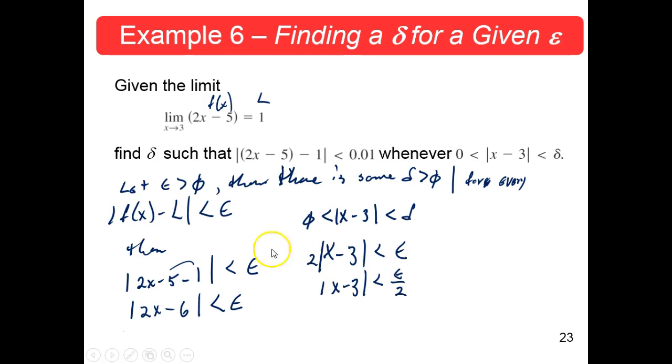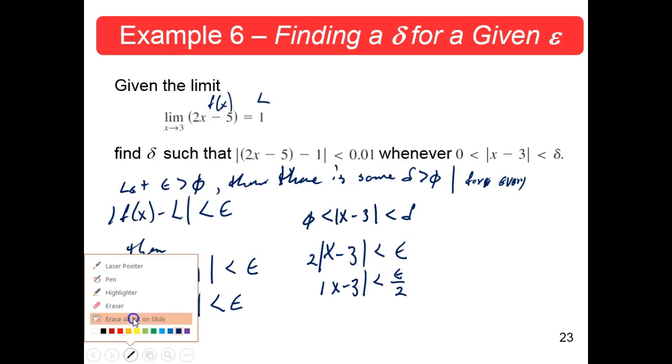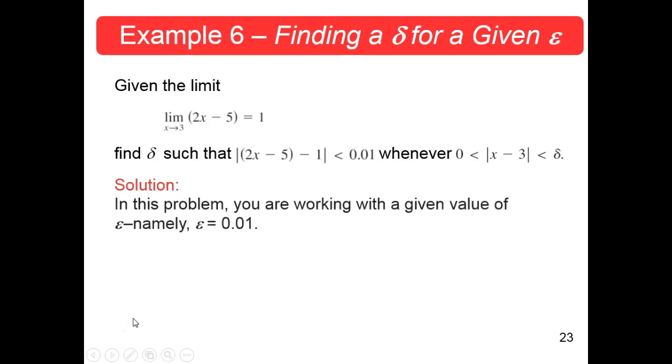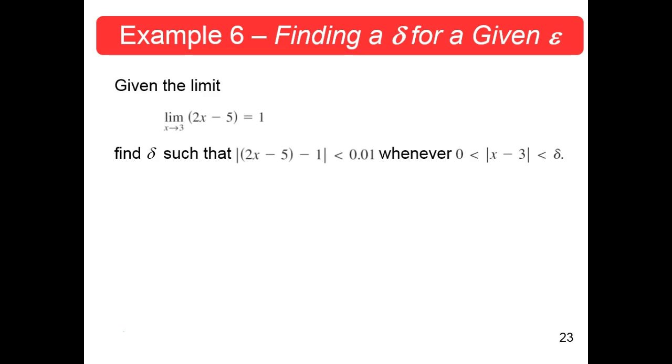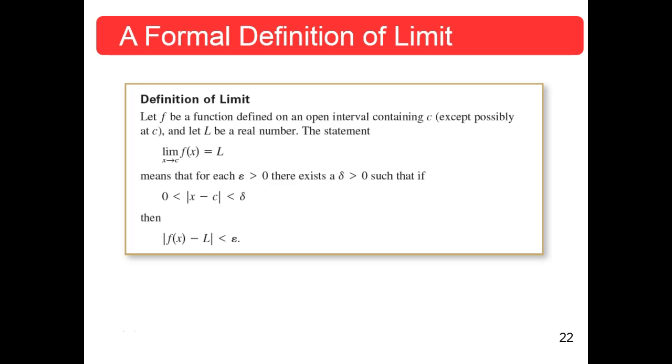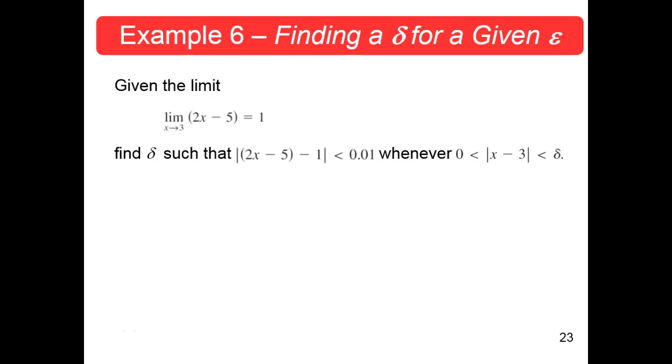Let me erase my scratch, and you see if his explanation fills in anything here. Okay? Well, let's go back. Find a delta such that the absolute value of f of x minus L, that's 2x minus 5 minus 1, is less than... now he chose... I'm sorry. Oh, he didn't do that. He didn't actually do the formal definition. He started with,